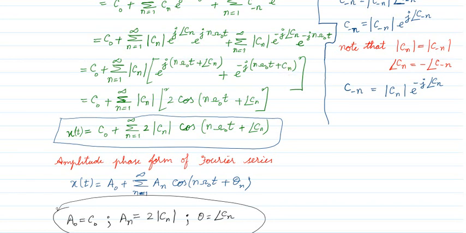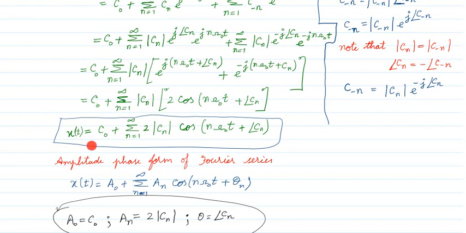Right? Now if you think about this, what is this e power j theta? This is the entire term theta I can keep. This is e power minus j theta. If I add, I will be getting 2 cos theta. What is theta? Theta is this term. So 2 cos of n omega naught t plus angle C of n. Okay, so bringing 2 outside, this is the relation I am getting.